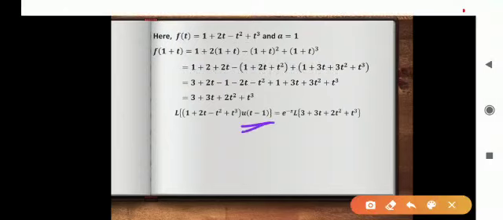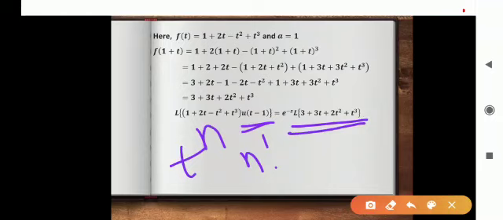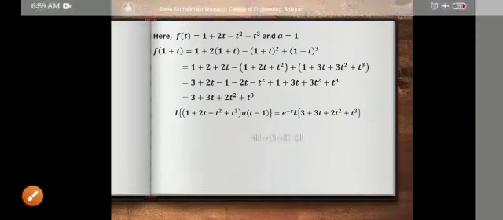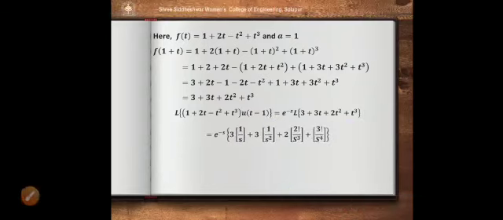So you should find the Laplace transform of 3 plus 3t plus 2t square plus t cube. Again here the terms are in the form of t raised to n, where n is an integer. So we have to apply the n factorial upon s raised to n plus 1 result of Laplace transform. Same as in the previous example, we have to find this. Now here s is 1.